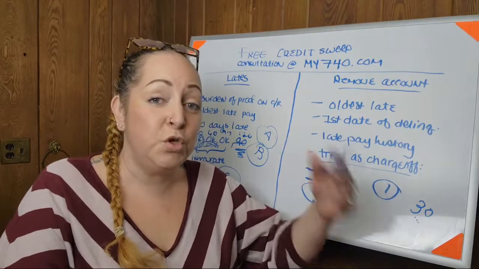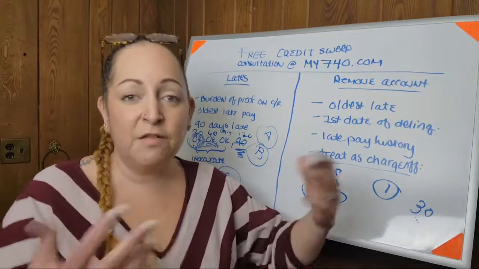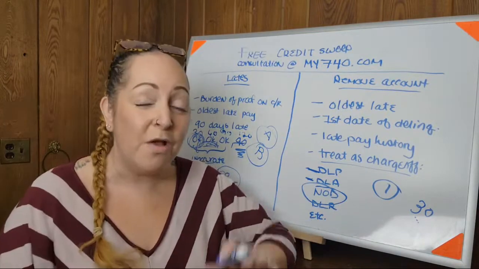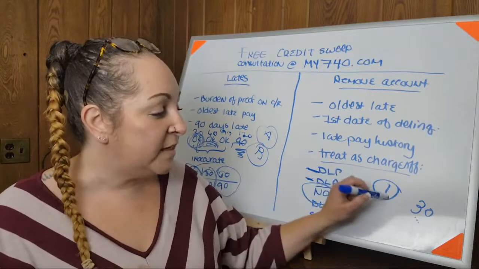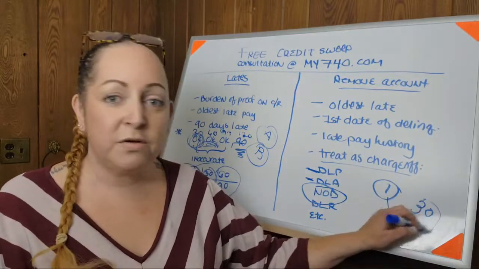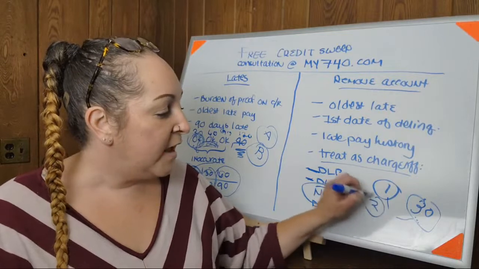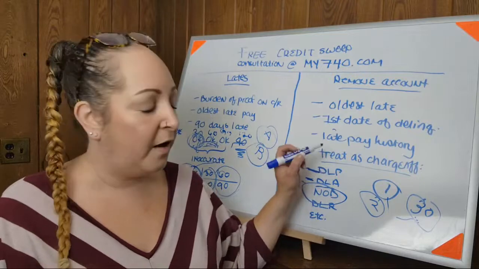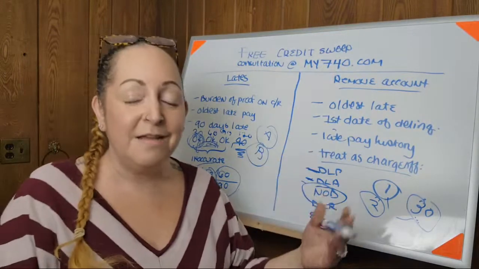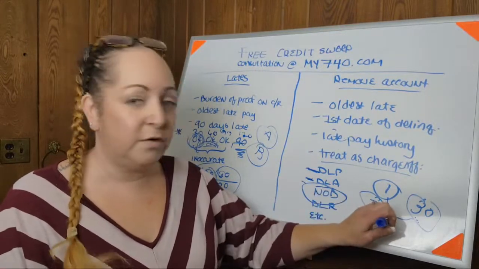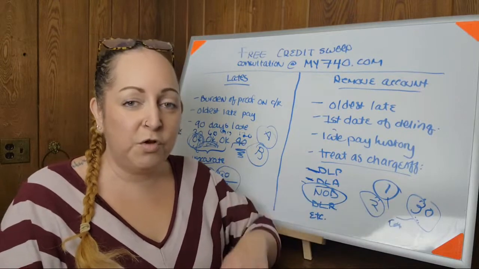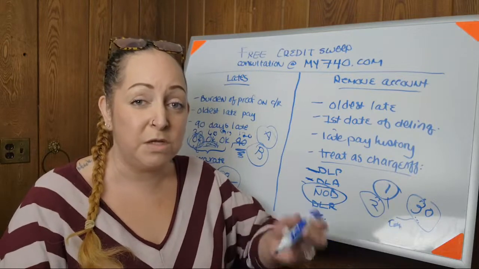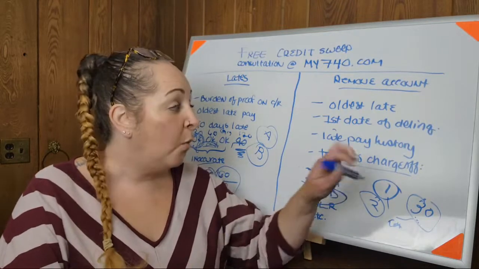We want to be able to use this violation, though. Don't just get the violation and then do nothing with it. That's like having a wild card that you just throw behind you. No, we're going to hit them with that when we send it. They don't do anything about it. They didn't answer it. Now we have that violation. Round 2. Now we can either use a factual dispute, go after the payment history, go after the failure to update the date last reported, or we can go after the notice of dispute, okay? So normally I go after notice of dispute on either round 2 or round 3. It is completely and totally up to you, but you want to have an action plan when you are going after student loans